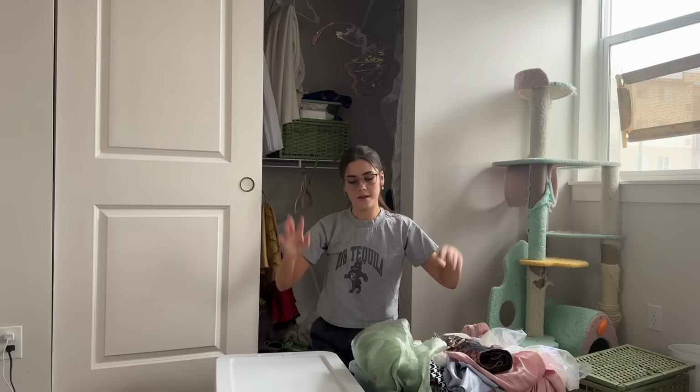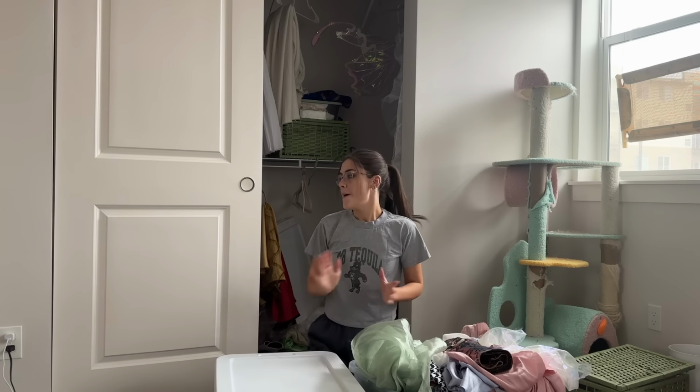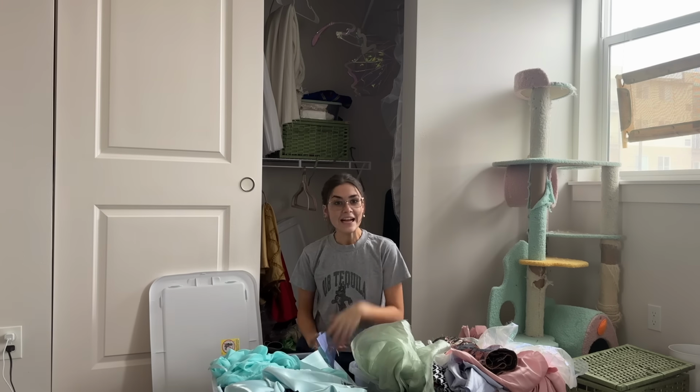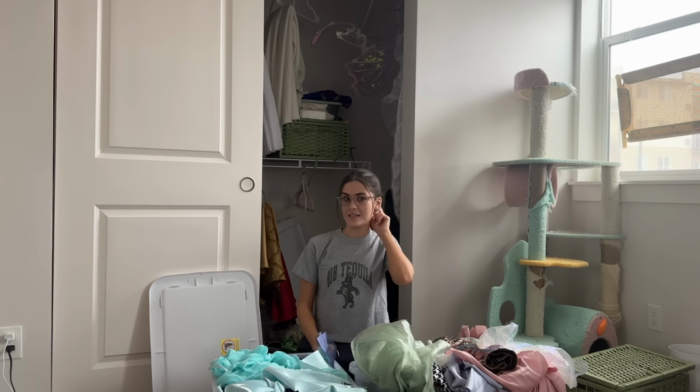This right here is the bulk of my fabric collection, minus a few bolts. And it's just overflowing, but I literally don't have any other room. So last week I decided to challenge myself to make a dress completely out of whatever was in here and whatever is in this room. And I did it. I'm staring at it behind the camera right now, and it's literally the most beautiful thing